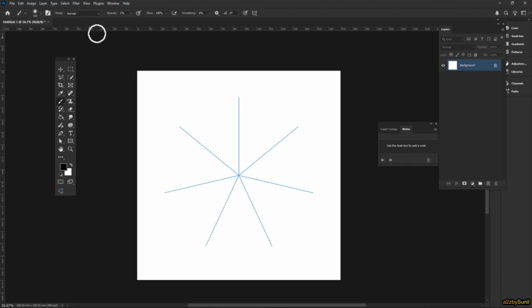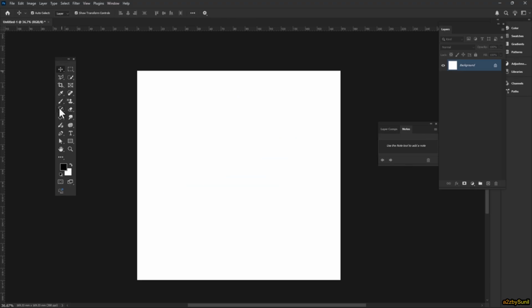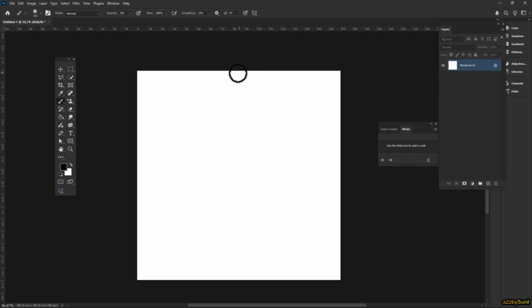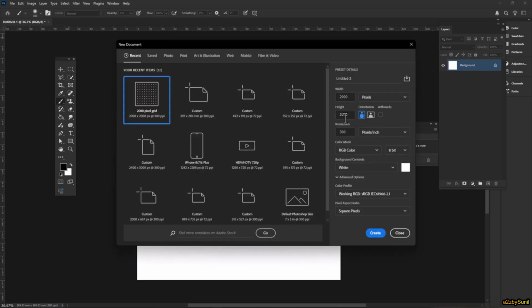Another important part of the brush. What's that? This is the option of the brush setting, brush control. How to use this option? Okay, let's select the brush tool, go to mandala symmetry, turn off. And now select again the brush tool. First, create a small size new document, like